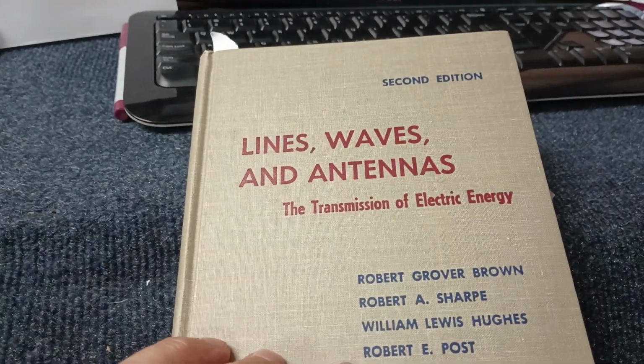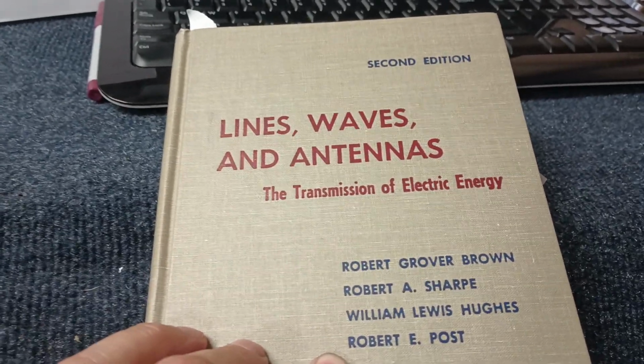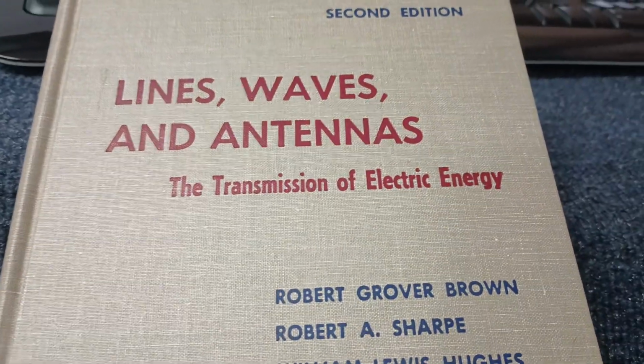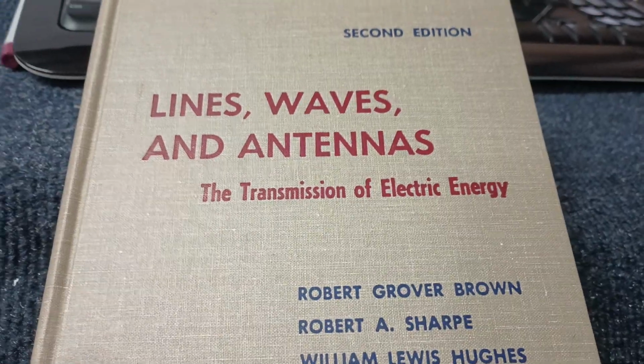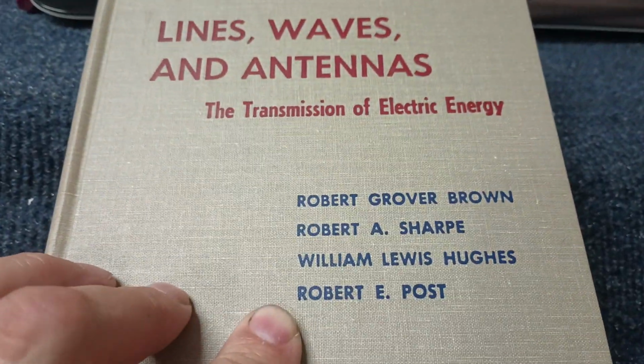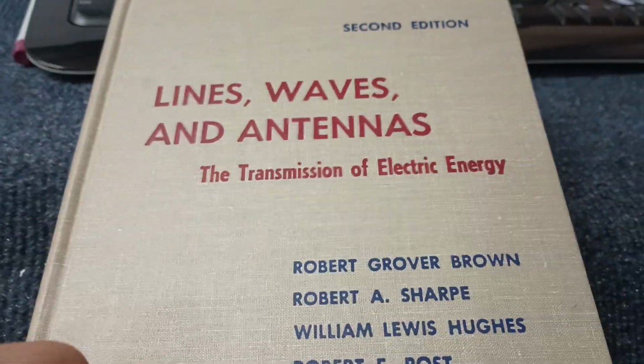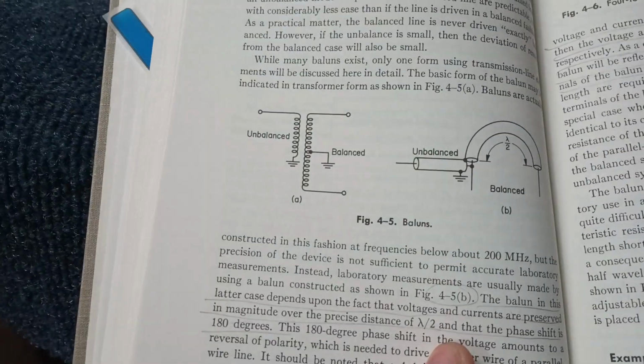It's K8BYP with another entry into the topic of what is a balun, and exposing the myths and falsehoods about baluns in amateur radio. And from our authorities, Brown, Sharp, Hughes, and Post, legendary authors, a real engineering book, Lines, Waves, and Antennas. Here's a balun